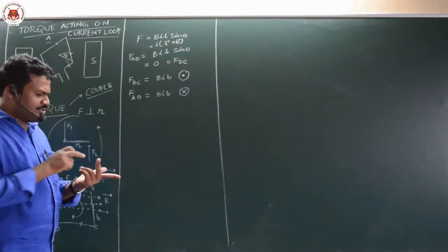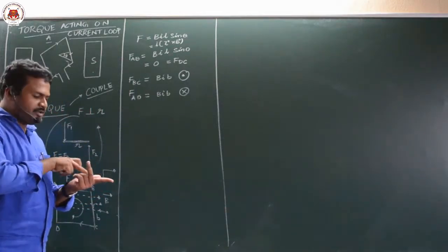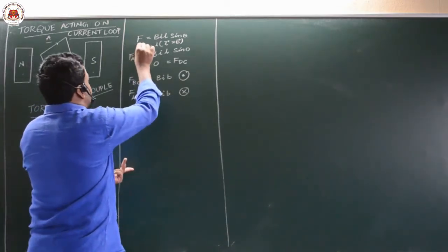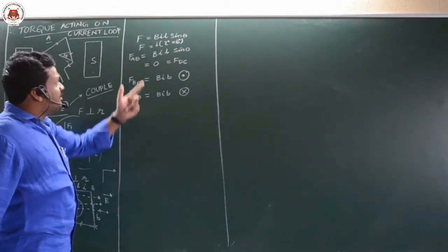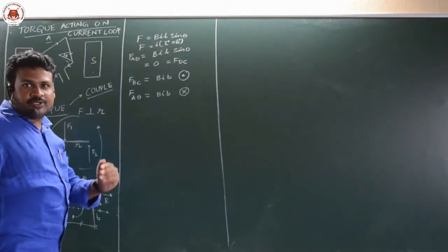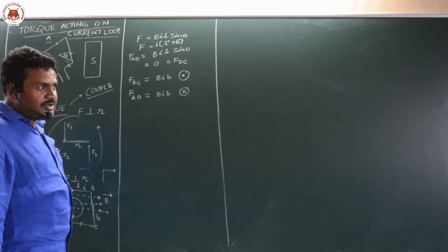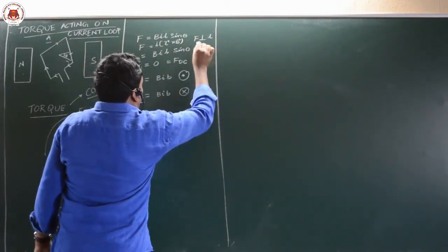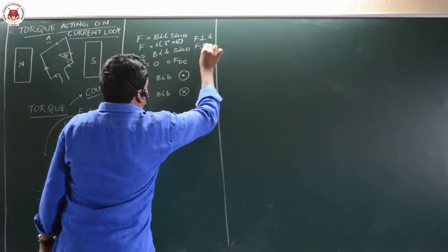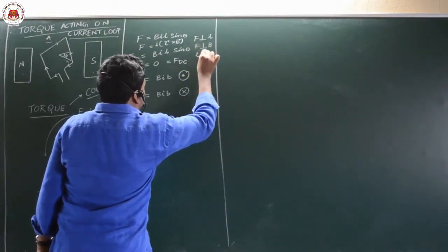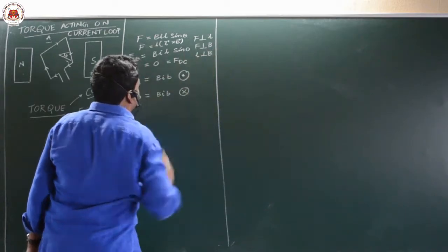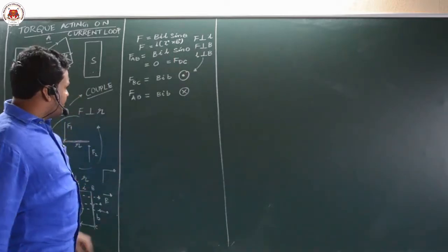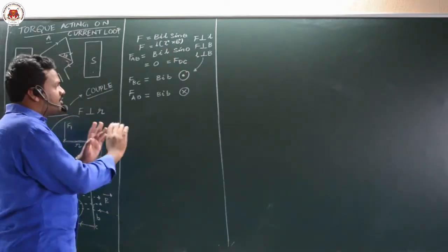Here you can observe force is perpendicular to B, force is perpendicular to L, because it is the product of vectors L bar cross B bar. If you do A bar cross B bar, you get C bar, which will be perpendicular. From this you can write F is perpendicular to L and F is also perpendicular to B, and in this case L is also perpendicular to B because theta you got is 90. This is applicable for these two cases. Now what you will get finally, one force is into, another force is out.